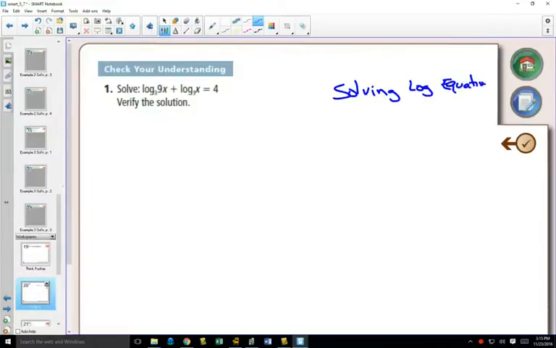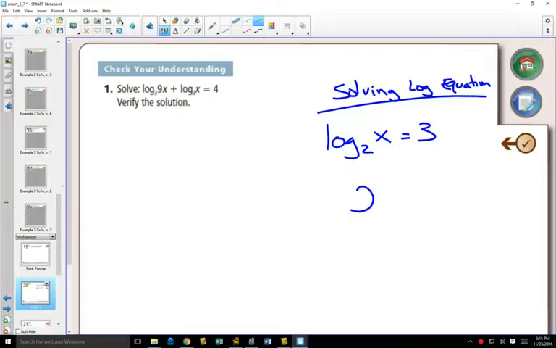So how do we solve a log equation? Well, our goal, if we had a really simple log equation, we would use the definition. So if you had log base 2 of x equals 3, and you don't have to write this one down, and I'll put the steps for solving a log equation. But if we had a really simple one, we could use the definition of a logarithm and say, I know that the base to the exponent 3 is equal to x,